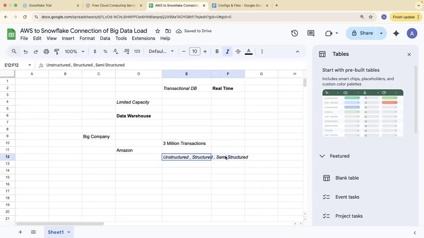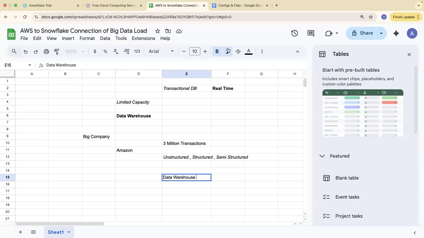Now, to store these three kinds of data, or to store this big data, these companies need a data warehouse. A data warehouse is a kind of solution which will help a company to analyze their data, to store their data, and to manage their data.